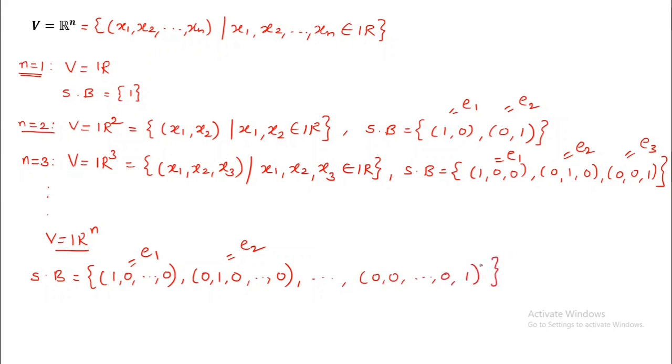Okay, so can you guess what this vector will be? See, 1 is present in the last coordinate, right? So how many coordinates are there in total? n coordinates. So it is En. Now note how many vectors this set contains. This set contains n vectors. So it means our basis of R raised to n contains n vectors. If you take any basis of R raised to n, it is going to contain n vectors only.